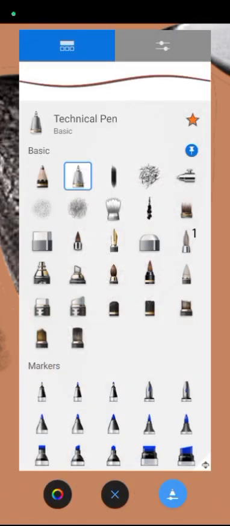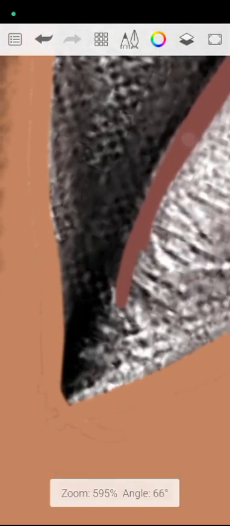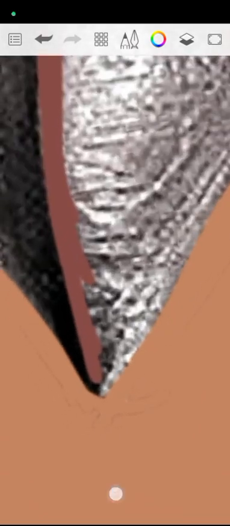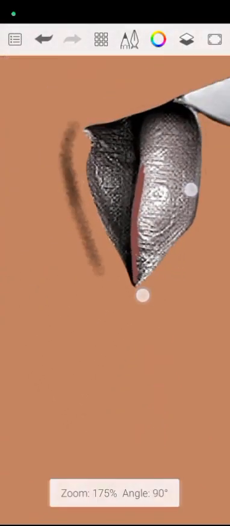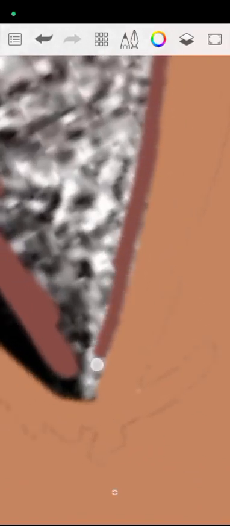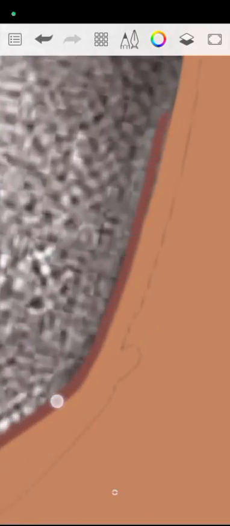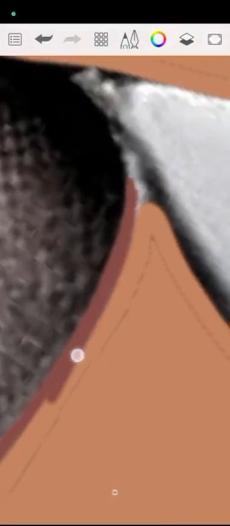So click here. I'm going to use my technical pen to trace it, or any other pen that is thicker, but I prefer using technical pen. So now make sure I open this skin color layer, so that I'll see the differences and to see the boundaries. That's why I'm doing it. That's why I open it. So trace it like this. Make sure it doesn't overlap the skin,